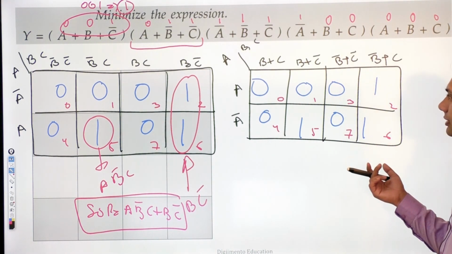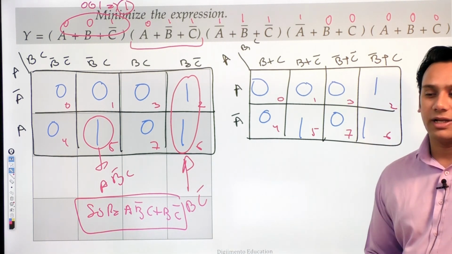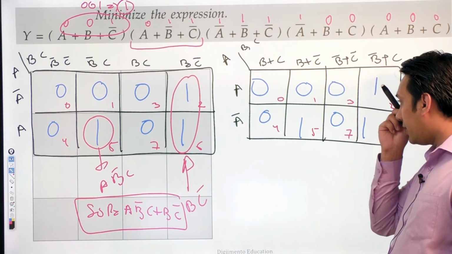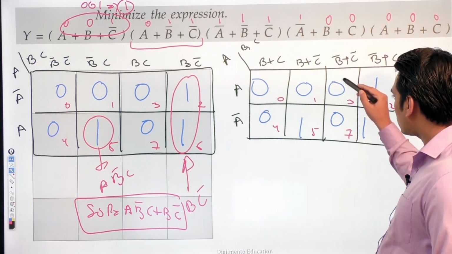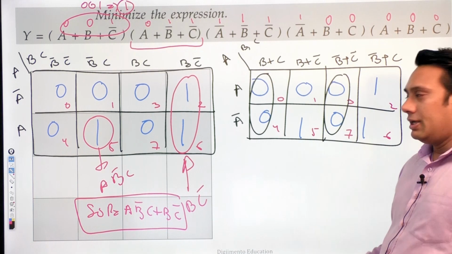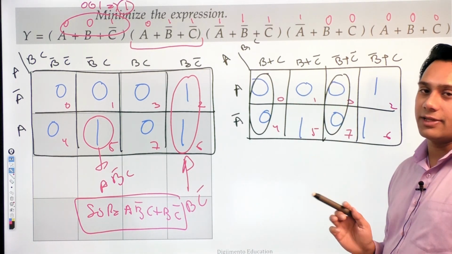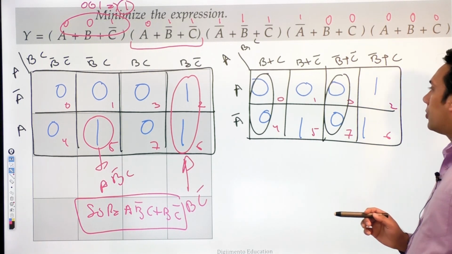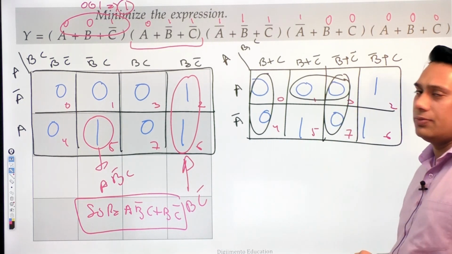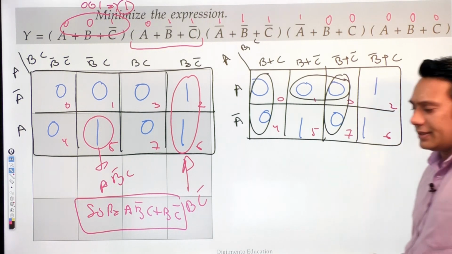So here you can see this is representing your product of sum. Which expression is this representing here? Product of sum expression. Again, we can also make subcubes in the same manner. So I can have this as a subcube, I can have this as a subcube. Now I can combine this 0 with this one, or this 0 with this one. I can combine this with anyone. So let us suppose that for simplicity purpose, I am combining this 0 with this one. Okay? Clear? Is it clear with you guys?